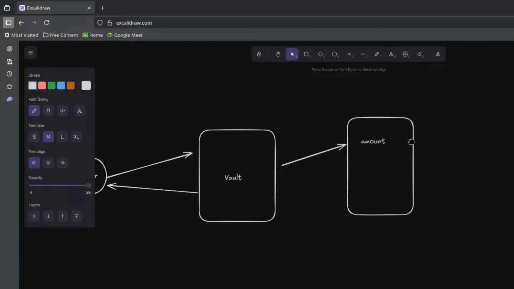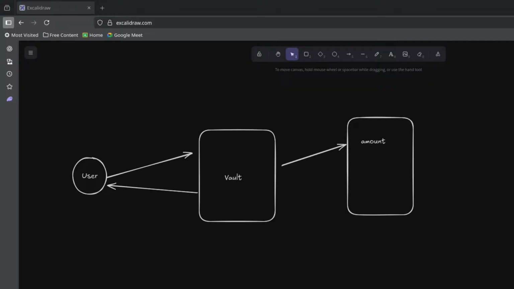The vault will be storing the amount in it. Or maybe the init. That would make more sense because we will be initializing the vault with an